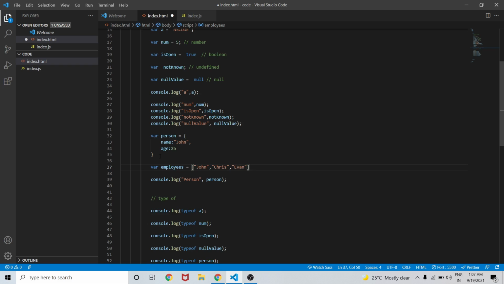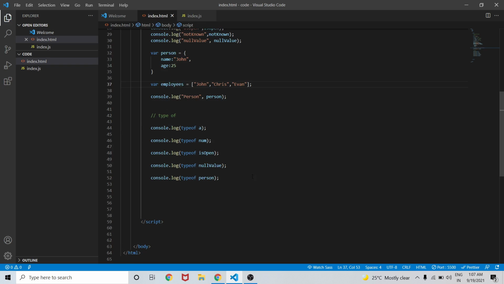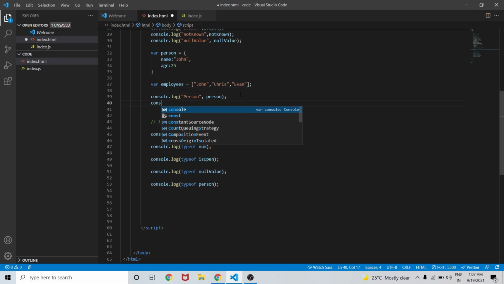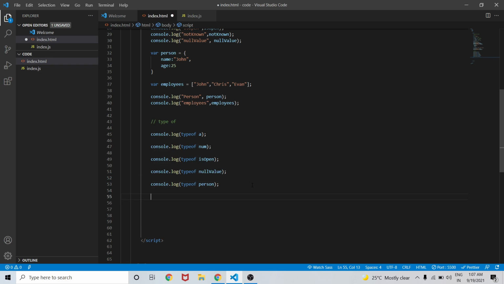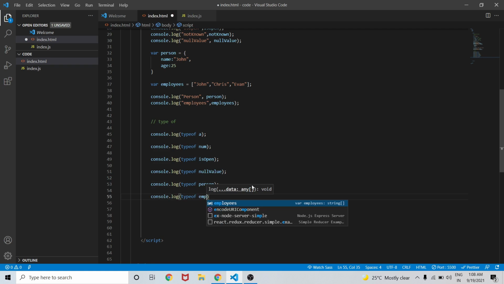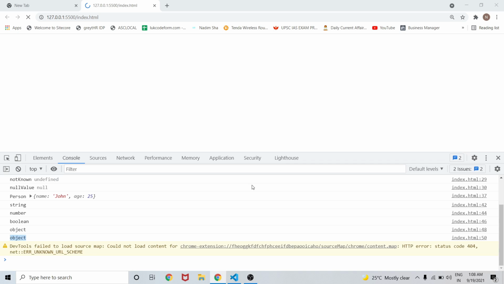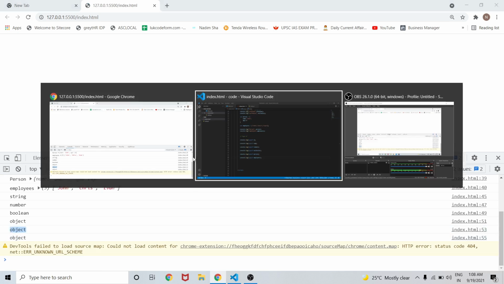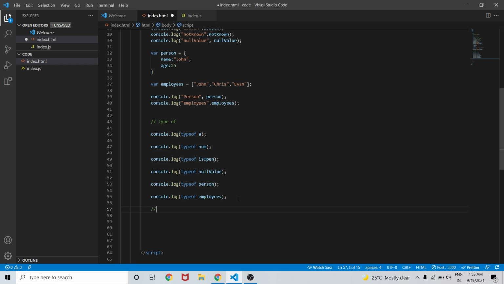And that's it, this is our array. I have declared an array employees, and if I console.log employees comma employees, in the browser we should be able to see this array. Also I am writing console.log typeof employees. The type of this employees array should be coming as object, because the data type of array is also object. So the data type of null is object, the data type of object is object, and the data type of array is object.